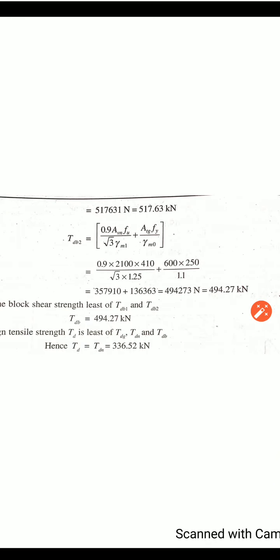So this is a simple problem of tension member design with respect to plate sections. Please remember all three formulas from the code book. Specifically, remember the block shear failure formula, that is, to find the net area and gross area with respect to shear and tension.